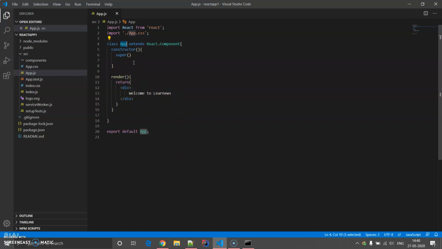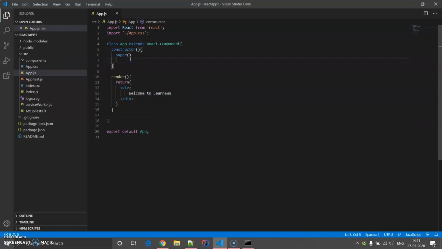Now let us do something conditional, put a condition over here, so that on the basis of a particular variable value, either this one will get printed or something else will be printed. So how are we going to achieve that?